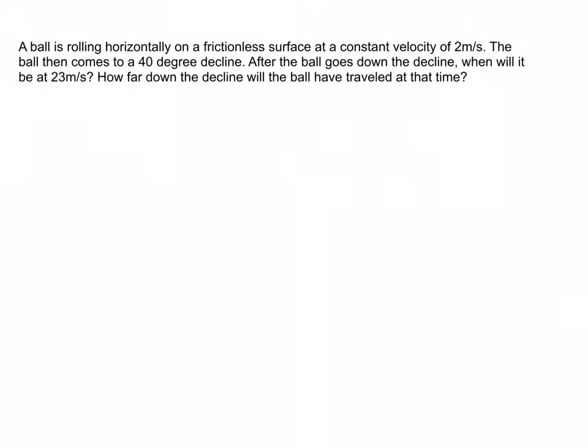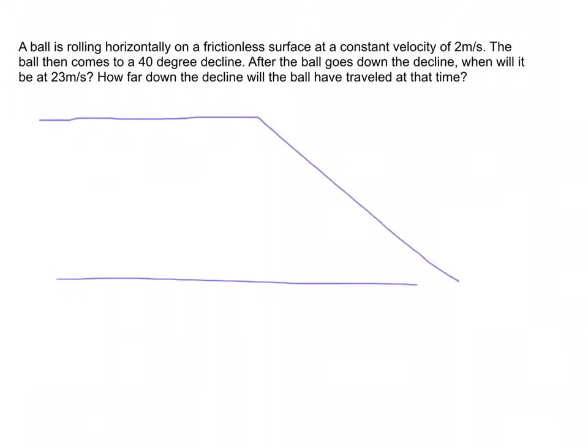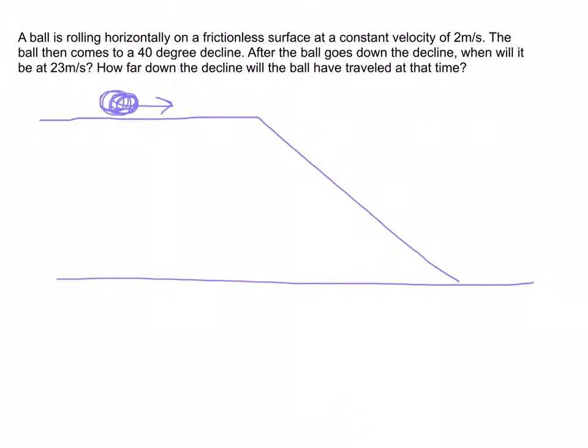So the first thing to do here is to draw a picture. We've got this horizontal surface, and then all of a sudden there's a drop. And here's the ball right now. It's rolling, and it's going in that direction. Now when the ball gets right here,